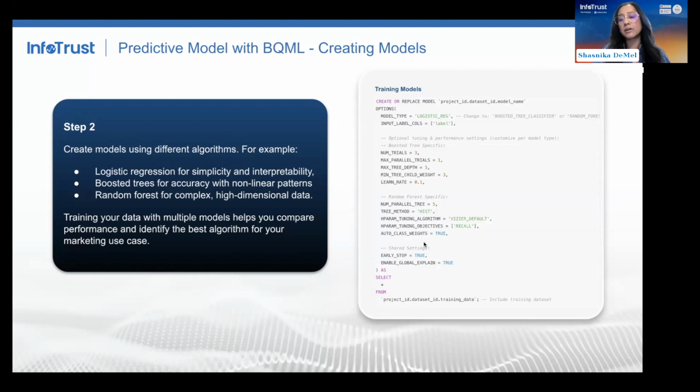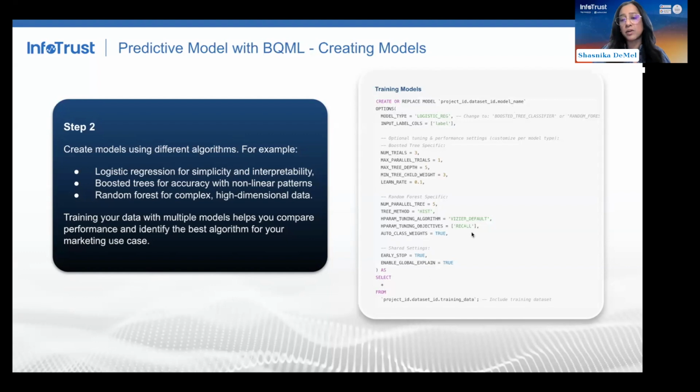And on the right here, I want to highlight how relatively easy it is to run a model because this is all just using SQL code. For example, over here, you can create a statement that says create a model, and then you can put in your model name. You can add in the type of model you want to run, and there are all these parameters that you can use to fine tune the model as well.